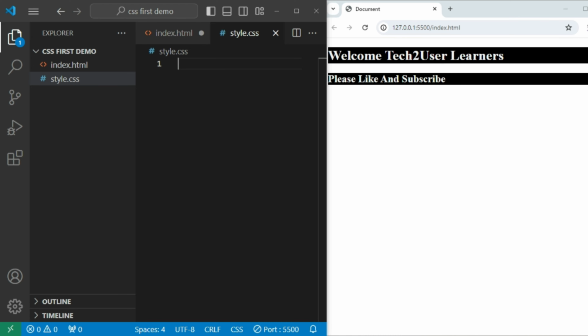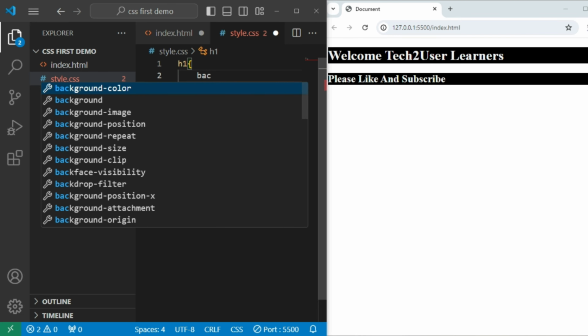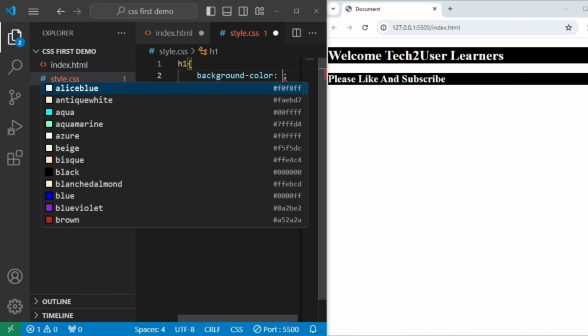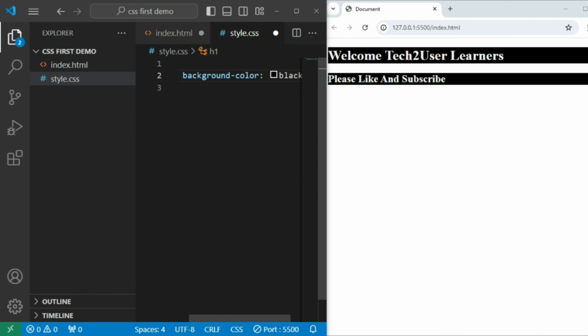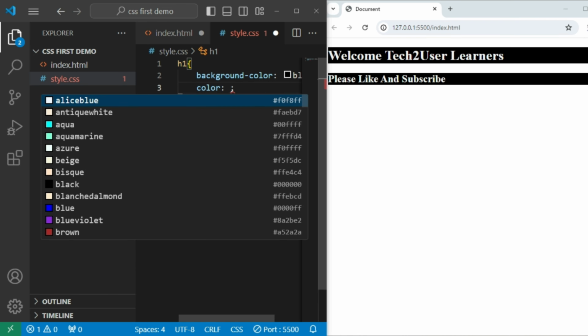For the external CSS, we need to create an external file called style.css. In this, we need to specify the same as the internal CSS: h1 background color and the text color. The internal CSS and external CSS have the same format, but the external CSS has a separate file.